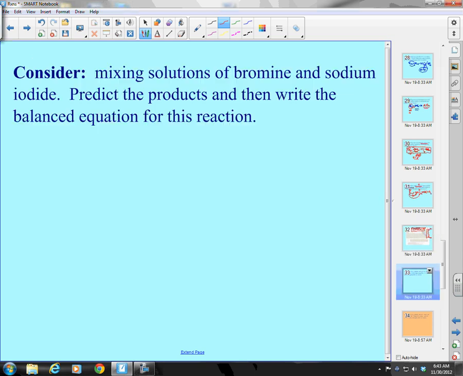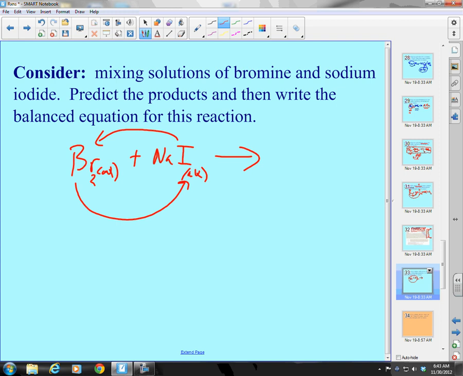Good. Last slide. We're going to mix bromine and sodium iodide. I have solutions. Okay, so that means I have bromine in solution. Oops, got to be Br2. And sodium iodide. And it is a solution. And what's going to happen, my bromine is going to want to replace my iodine, and my iodine wants to come over here. So I would form iodine. That could be a solid, I'm not sure, or a liquid, or I think it's a solution in this case. It'll be dissolved in our water. Plus sodium bromide